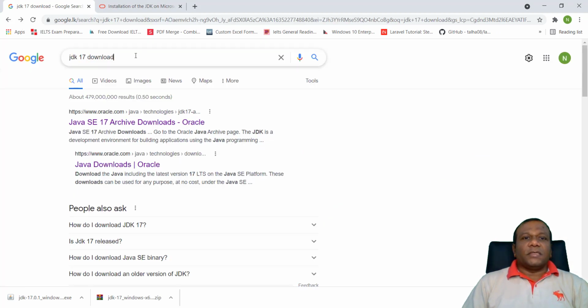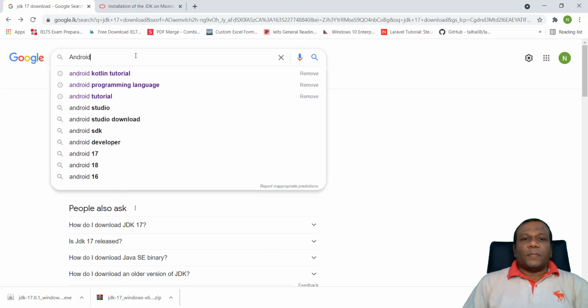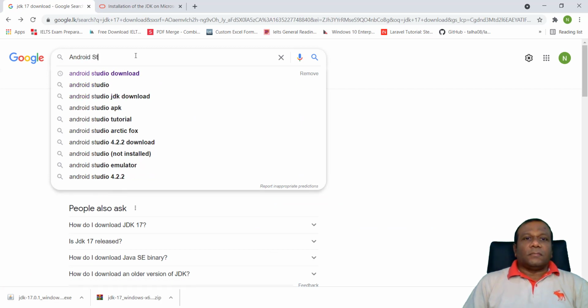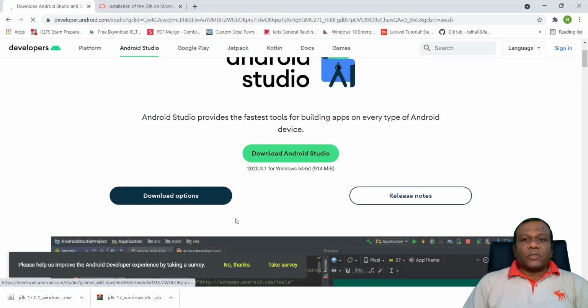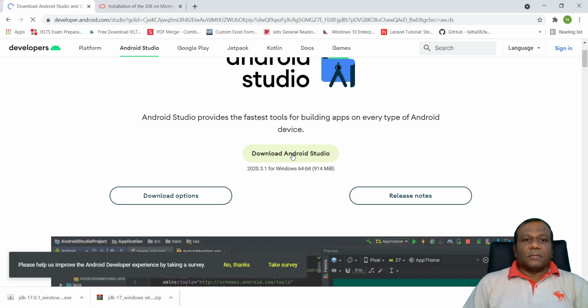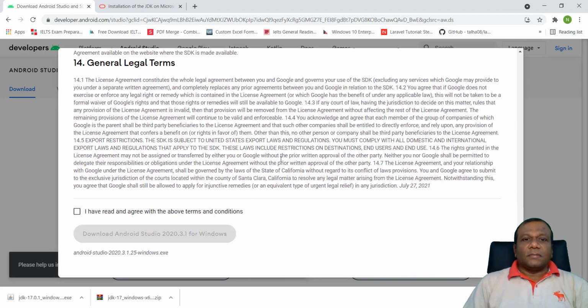In the Google search, type Android Studio. Click on the link. Click download Android Studio. Accept the agreement.